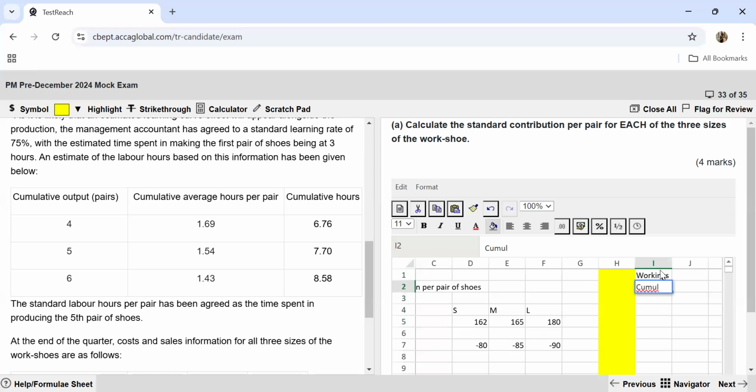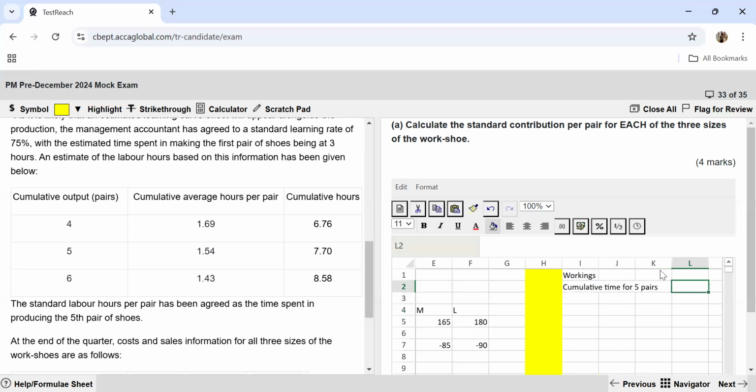If I compare that with the cumulative time of 4 pairs of shoes, I will be able to find out how much time it took for the fifth pair. So, cumulative time for 5 pairs is given to us as 7.7, and then cumulative time for 4 pairs is also given to us